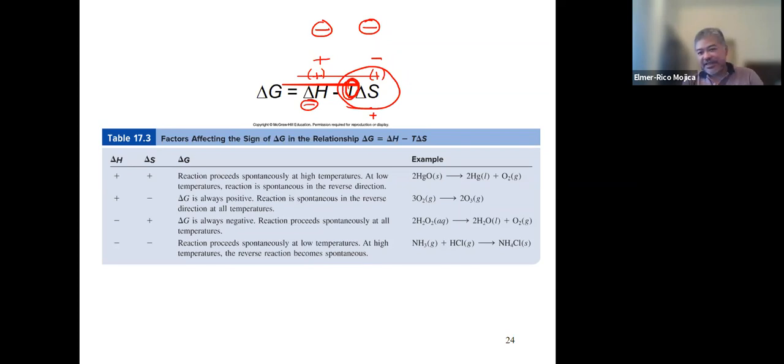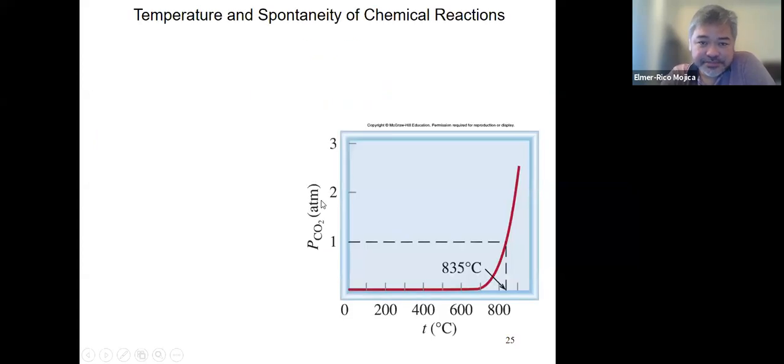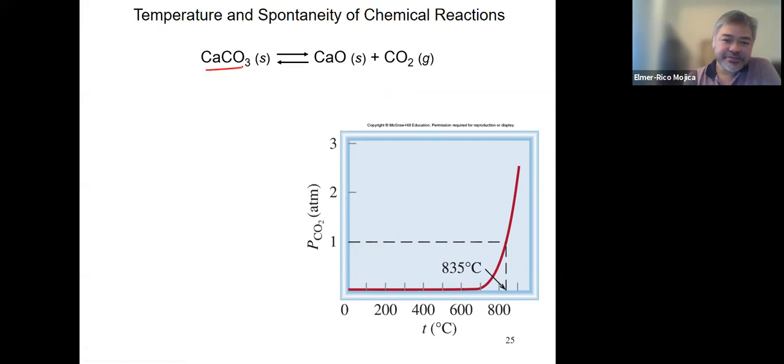Now, the next thing that I will talk to you about is, okay, Professor, you said the delta H. Now, what is the effect on the delta S, delta H, and delta G when you have a system at equilibrium? Just like this one. The temperature and the spontaneity of the reaction. So let's say we have a system like this: calcium carbonate solid producing calcium oxide and CO2. This was discussed in your equilibrium. So it was given there